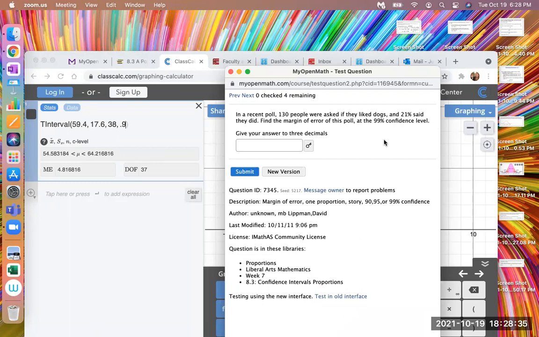If this was a mean problem, they would have had to give me the mean of the sample and the standard deviation of the sample. So there's no way this is a mean problem. Okay, so this is a proportion problem. So in proportion problems,